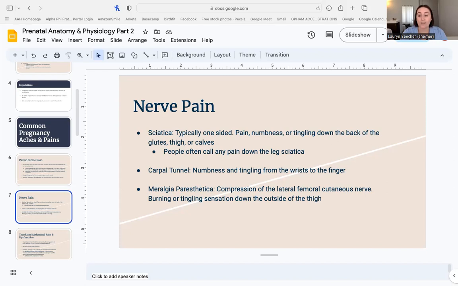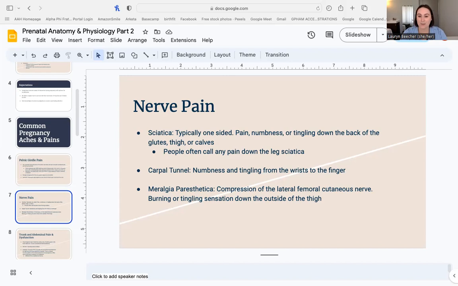So that can be a very simple tip that someone in your class would greatly appreciate to help resolve that burning or that tingling. We also want to think about the way that those nerves run throughout the body. So if someone is having that burning, tingling, numbness feeling on the outside of their leg, I want to see what can I do to gently stretch their hip flexors, the muscles on the outside of the thigh, the outside of the hip, to allow for more mobility throughout that area.